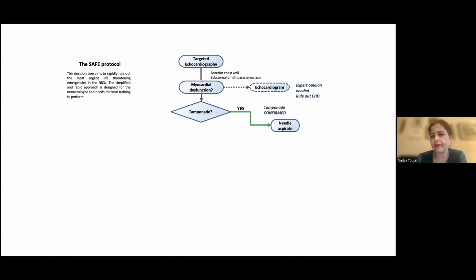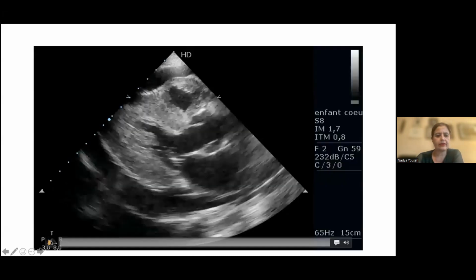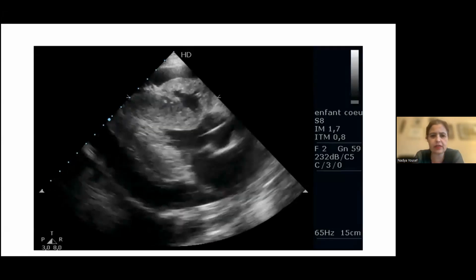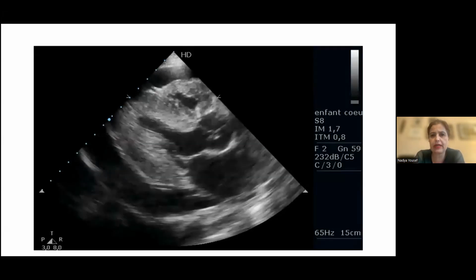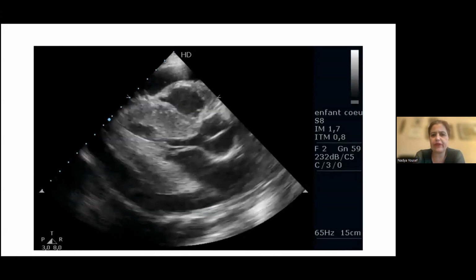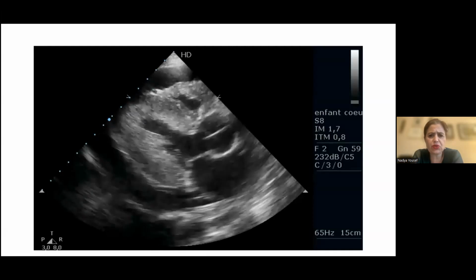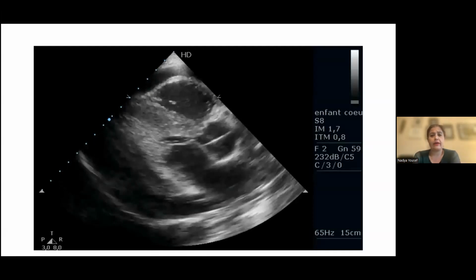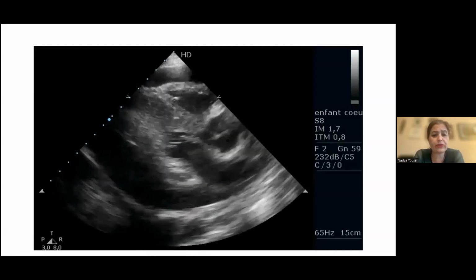So what about tamponade? Tamponade is life-threatening, whatever its cause. And in high volume NICUs, unfortunately, this is something we're faced with at least once or twice a year. Previously stable infant that goes on to have more spells than usual, for example, or just crashes. And for that, you can either use a sub